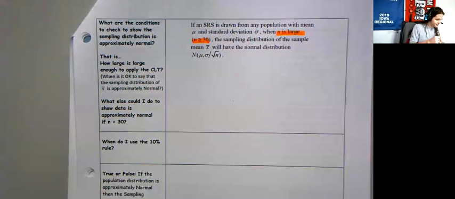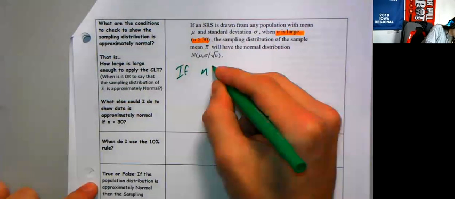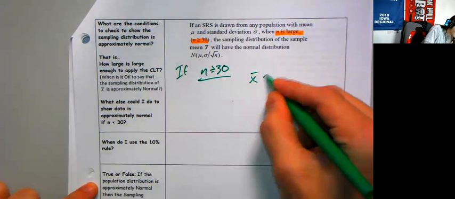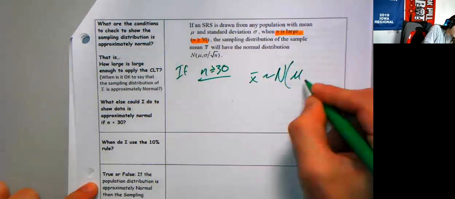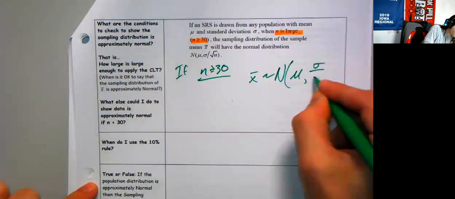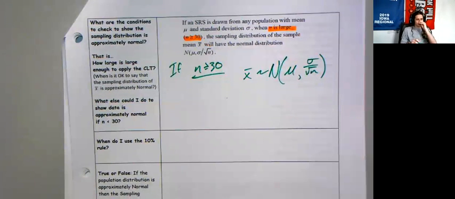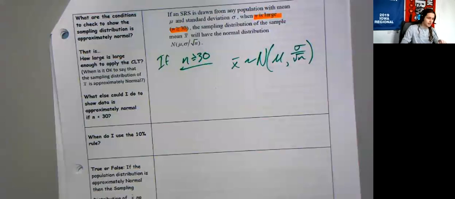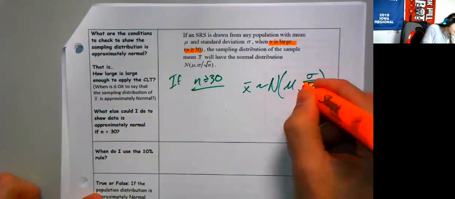So in here, we're going to talk about if n is at least 30, then we can go ahead with this approximation and say that x bar is approximately normal with a mean of mu and a standard deviation of sigma over radical n. And once again, we see that kind of relationship with the spread of x bar, that inverse square root relationship once again. I'm just going to make a little note of that. Let's highlight that square root n and remind ourselves,